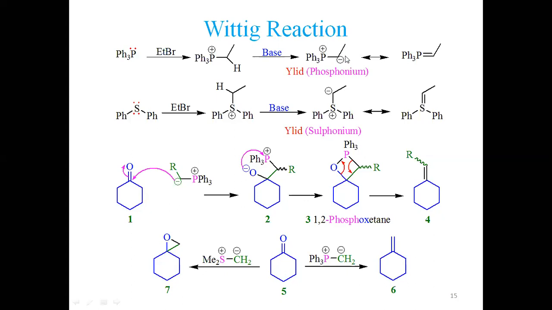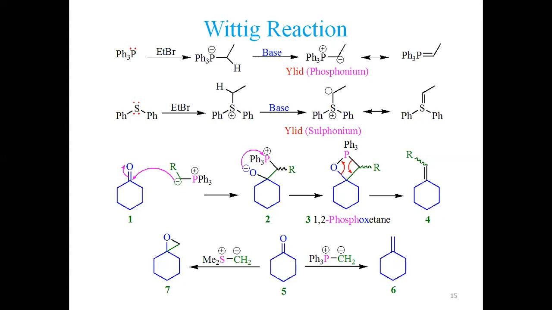And this is very interesting, that we are having a positive charge on the more electronegative atom and a negative charge on the less electronegative atom. This is in fact totally different. So this is commonly called phosphorus carrying a positive charge, which is more electronegative. Carbon, which is less electronegative, carries a negative charge. So if you are having two opposite charges, meaning one positive, one negative, on adjacent atoms. The second condition is a carbon bearing a negative charge and a heteroatom which is more electronegative than carbon bearing a positive charge. This is commonly called a ylide.